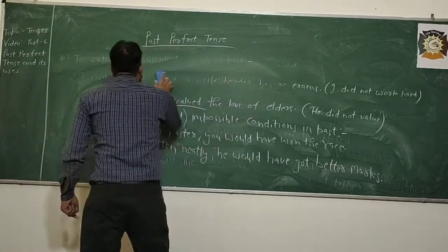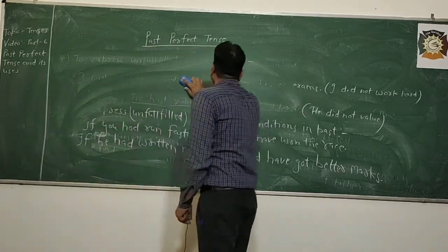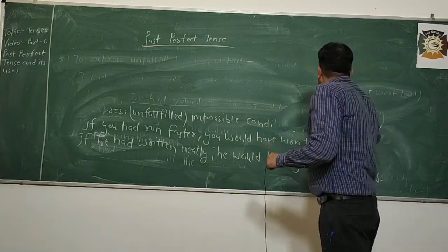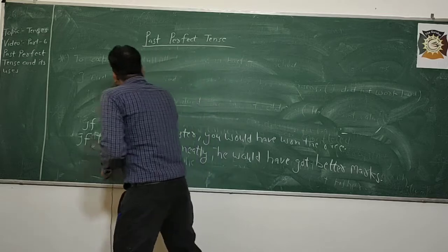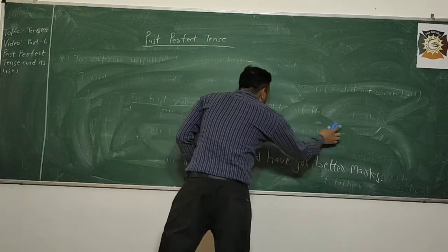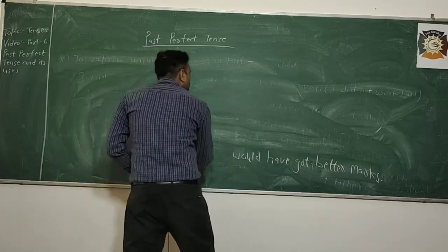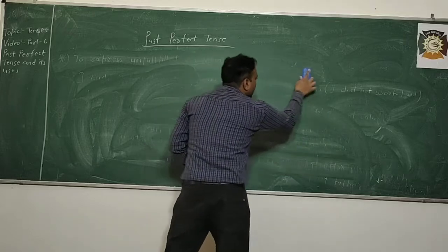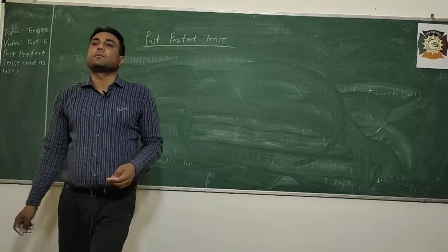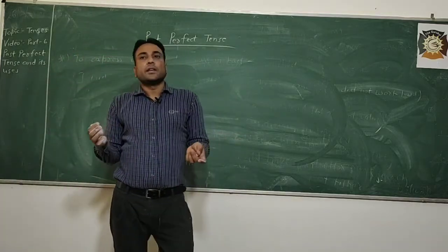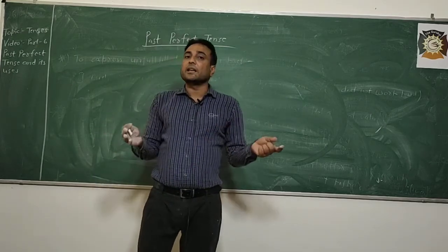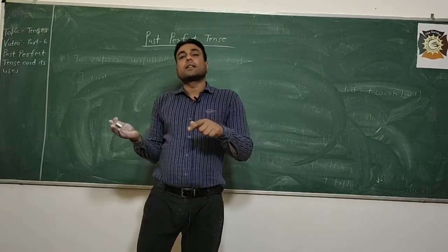past perfect tense. Now I want to discuss with you something about past simple tense, how to differentiate between past simple and past perfect tense, because this is also necessary to discuss in this video and it will help you to differentiate where to use past simple tense and where to use past perfect tense. So first of all, past simple tense. Past simple tense is used to narrate the incidents or events in order they take place,